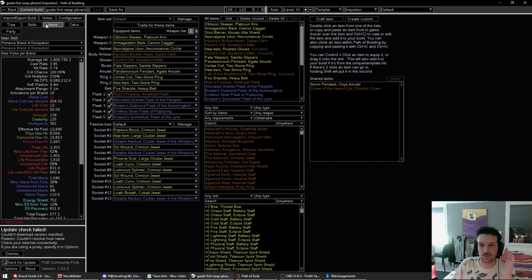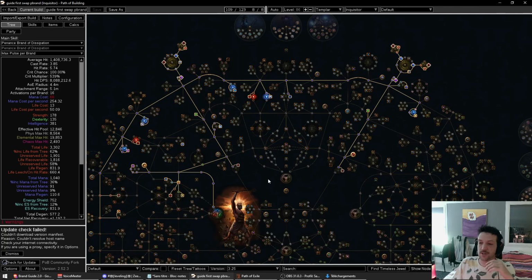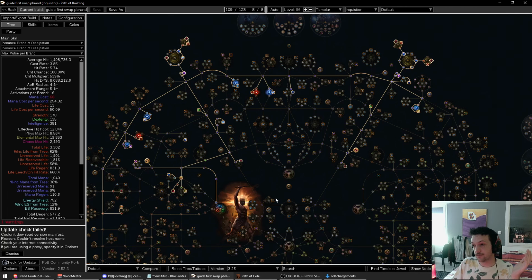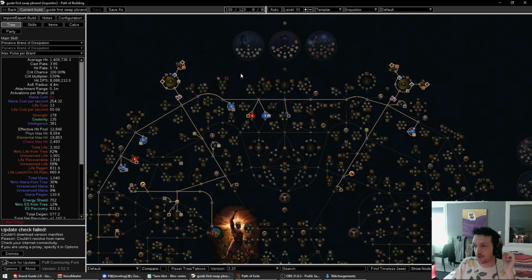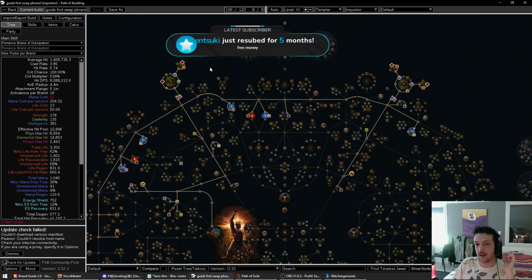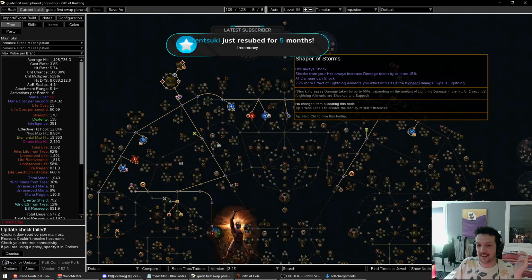Then we go to the tree. On the tree, there is a lot of change compared to armor brand. But we are looking mainly for dual large and